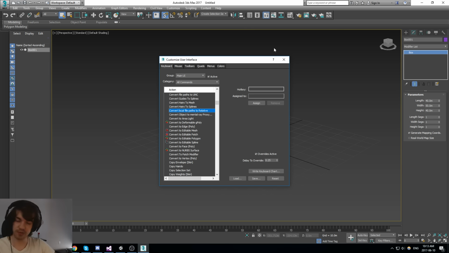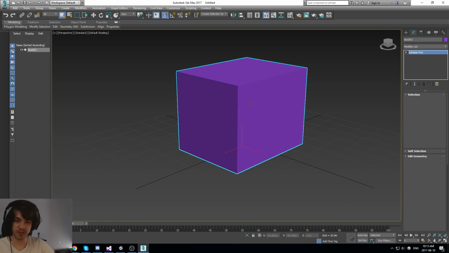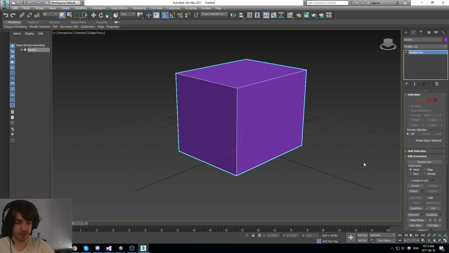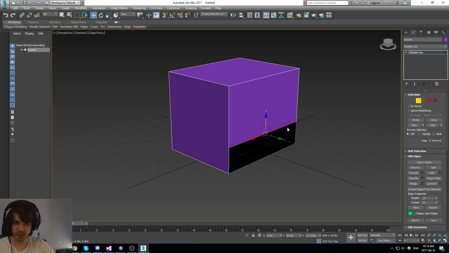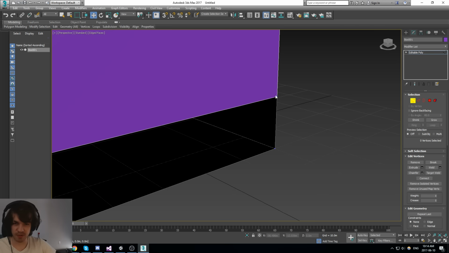I also like to have another one for vertex join. Oops. So I need another keybind for when I select a vertex and I want to merge it with another one. Target Weld, it's called.